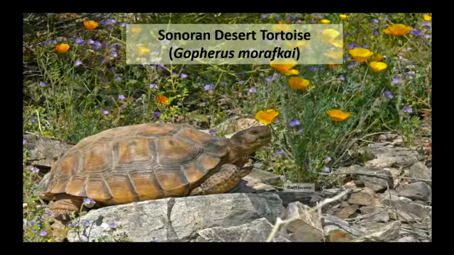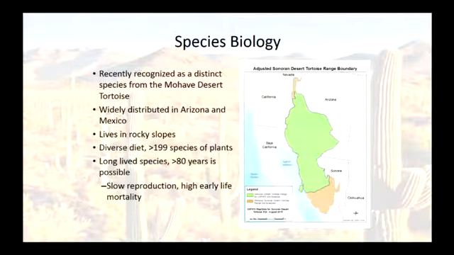So we spent some time building that conceptual framework on how to do these analyses, and then we jumped right in and started applying these ideas to listing decisions for the species. I have two examples that I wanted to present today. The first is this Sonoran desert tortoise example, which is a candidate species, or it was a candidate species, out in the western U.S. in the desert southwest, primarily in region 2.